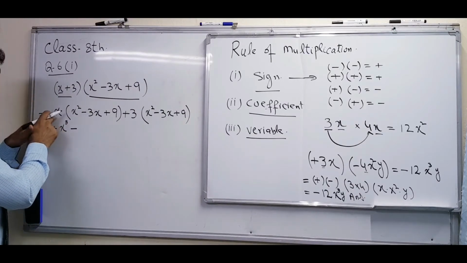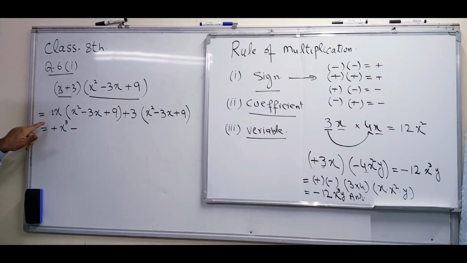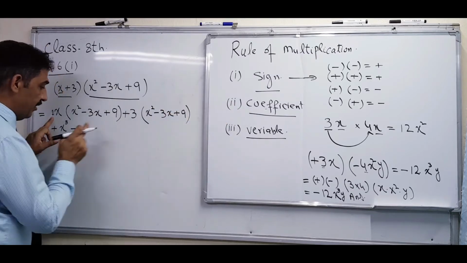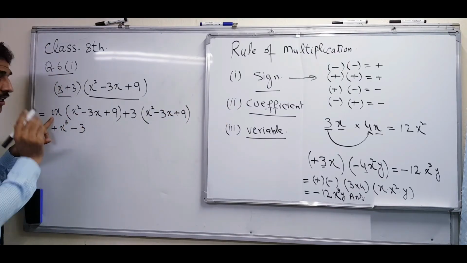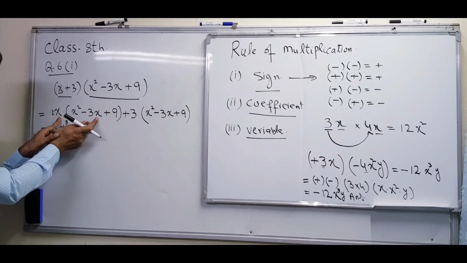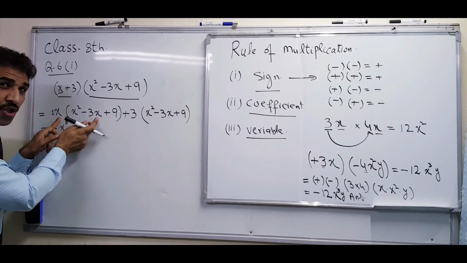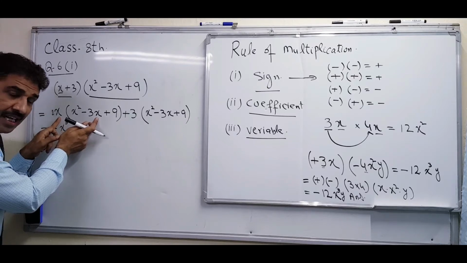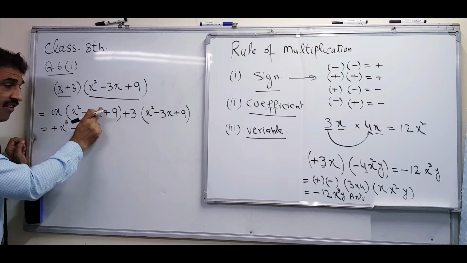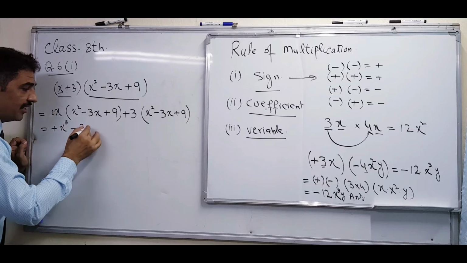Then its coefficient. When there is nothing, any number, it means its coefficient is 1. If you are confused, then you can write it. Otherwise, 1. 3 ones are 3. Third step, variable. X multiply by x. Variable same? Yes, good. So variable same, then what should the answer be? Power should add. So x multiply by x. Here power is 1 and its power is also 1. So 1 plus 1, x square.